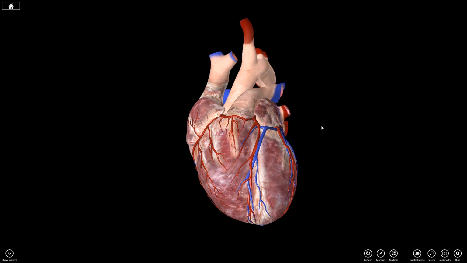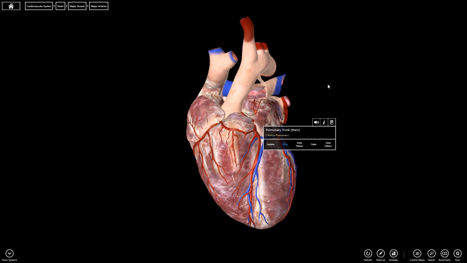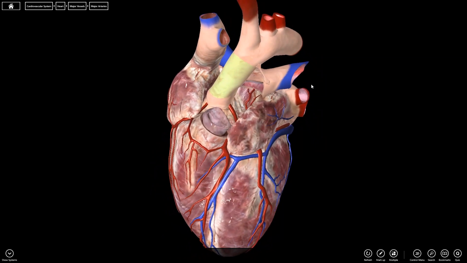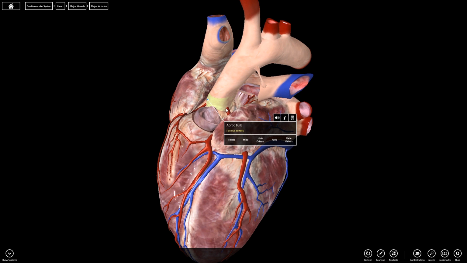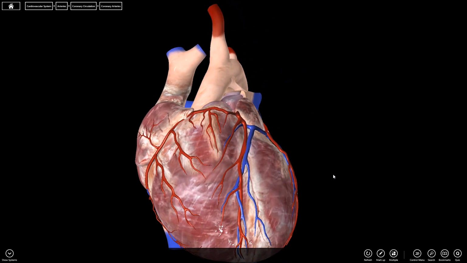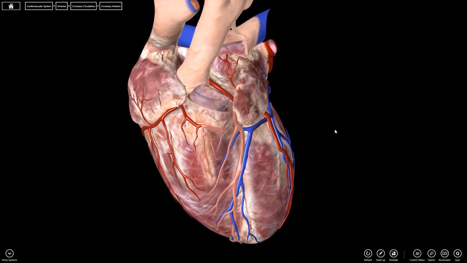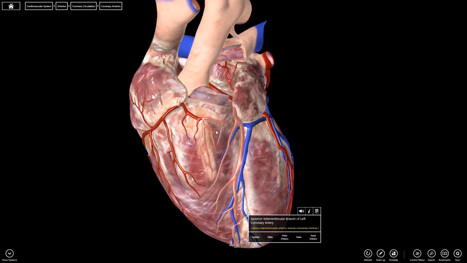So a little bit as far as the blood supply. We can see our pulmonary trunk here. I'm going to remove that. So you can see our aorta, ascending aorta here, correct? And our aortic bulb. So our aortic bulb has our coronary arteries that come off of it. The left coronary, which comes around and takes off the anterior interventricular branch, which we discussed, or LAD. And then we have our right